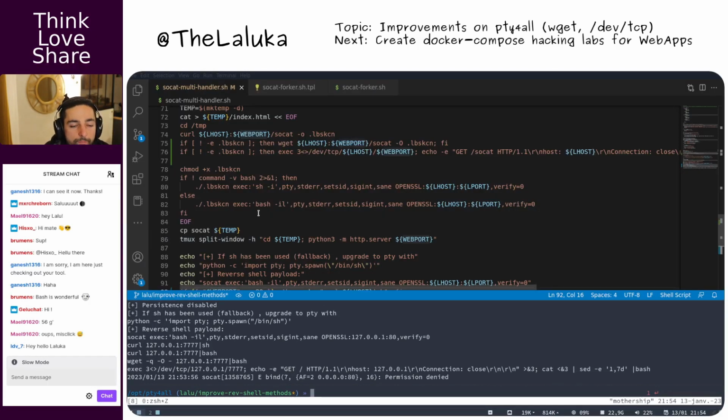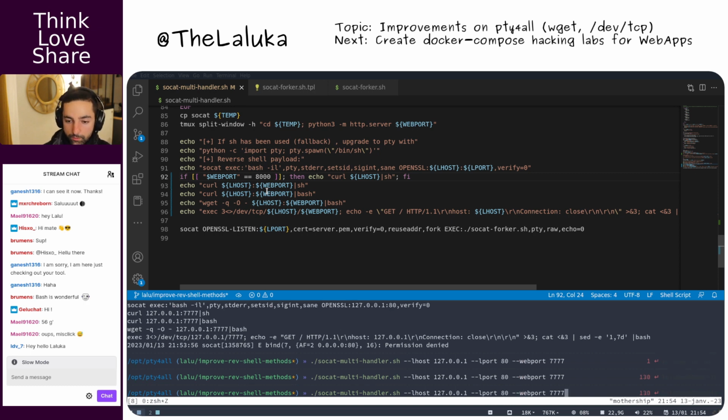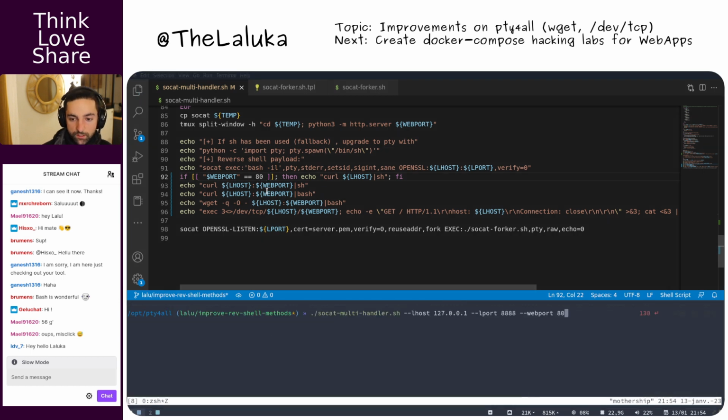Oh god, why? If my web port is 80, then do something. Curl message. What did I say if it doesn't? That way it will work. Just web port. Port 80 and there 80 and whoosh.